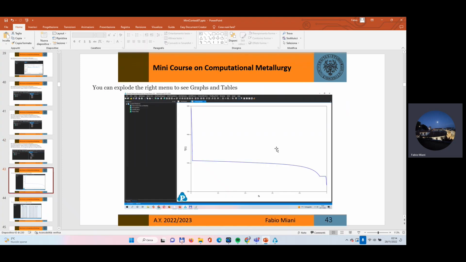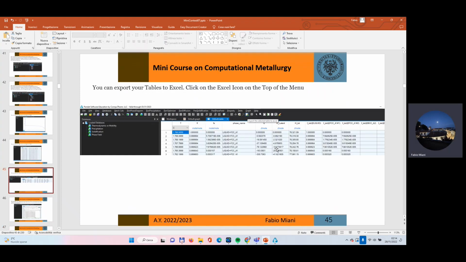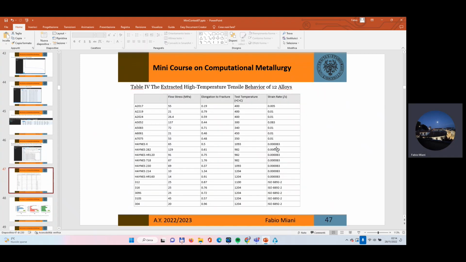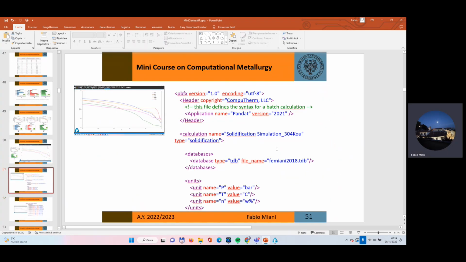Once we have this, we have seen, possibly, exported the information in other more commonly used files like Excel, for instance, we can view our batch file, which has this PBFX extension, which is not easy to remember,